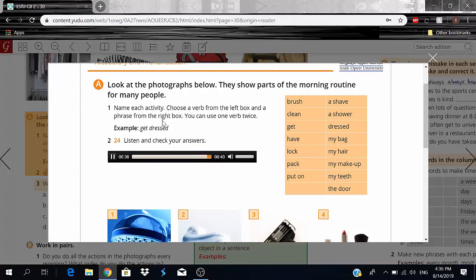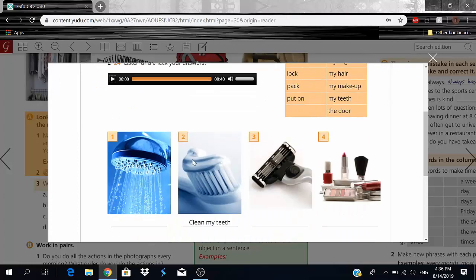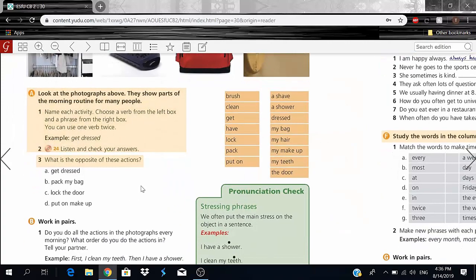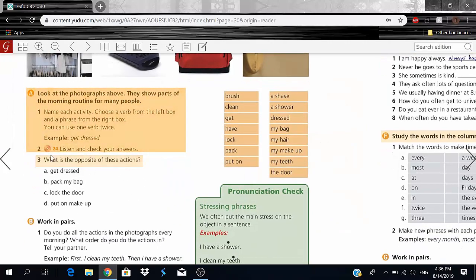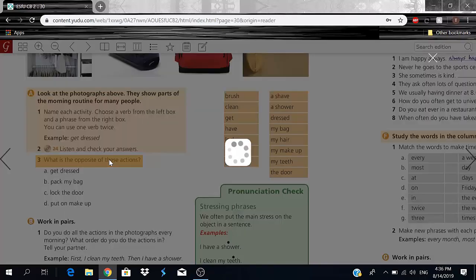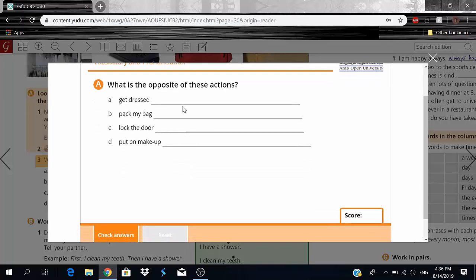Alright, seems we got all of them correct except that number 2. So now let's go to exercise number 3, or 8A3. What is the opposite of these actions? Let me actually open this here. Okay, so now we want the exact opposite of these sentences or words. So get dressed, pack my bag, lock the door, and put on makeup. Well, what do I say if I want to say the opposite of get dressed? Any volunteers? That's correct. We'll say get